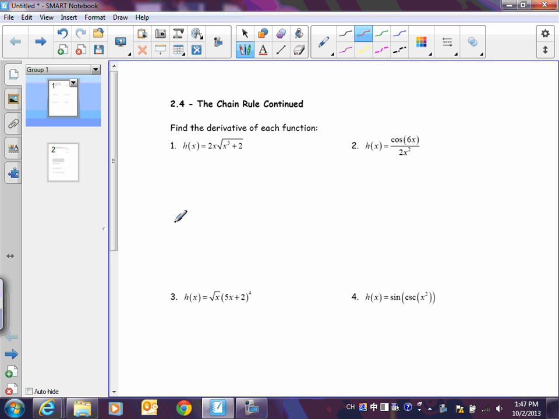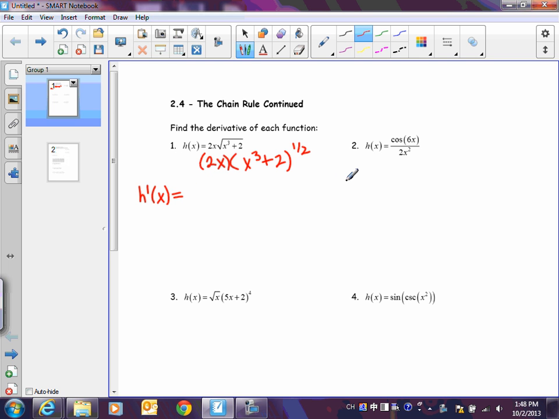Okay, so problem number 1 on this is kind of like the homework from that first night. I know that I have to use the product rule. How do I know that? There's 2 functions and we're multiplying the 2 functions. So really, I could be writing this as 2x, and then I'm going to go ahead and write the second function as to the 1/2 power. All right, so if I'm going to use product rule,